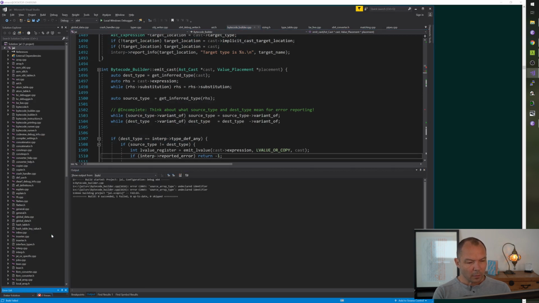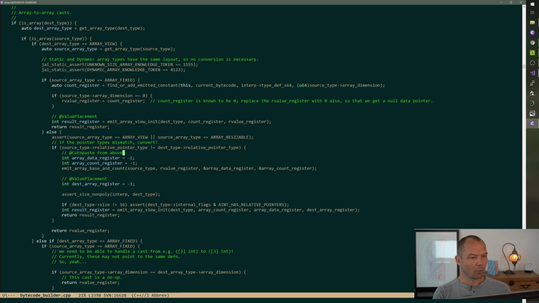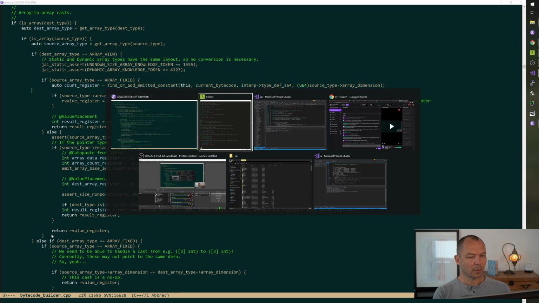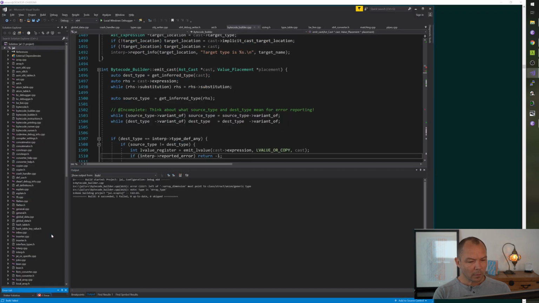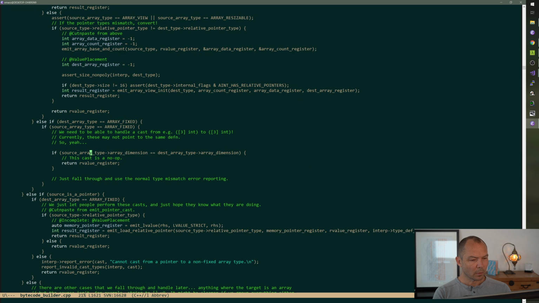Whoops. Source array type. Whoops. Source type arrow array dimension.